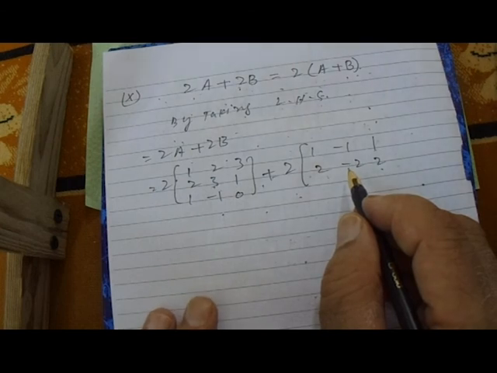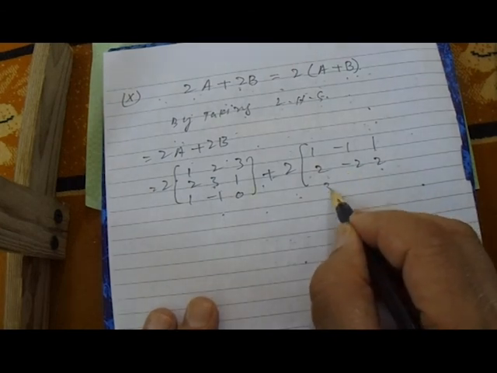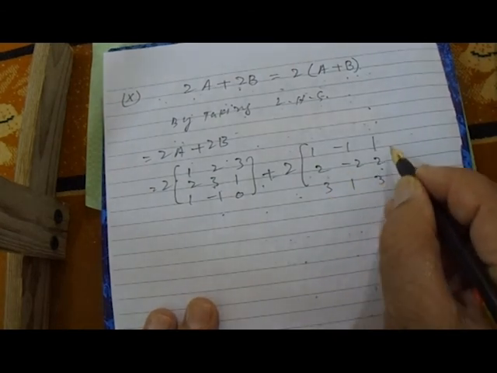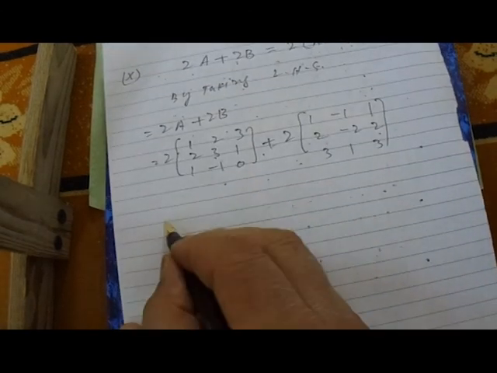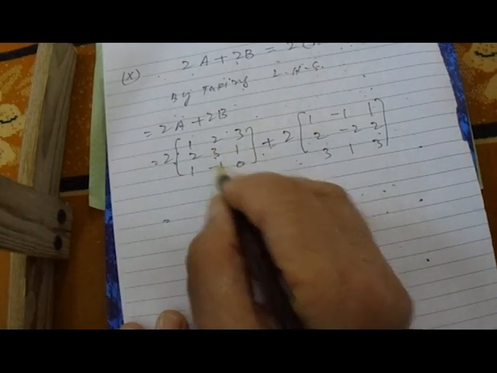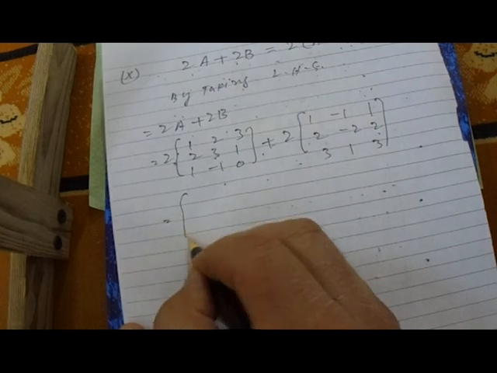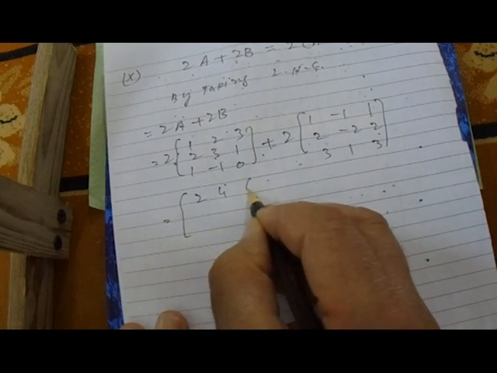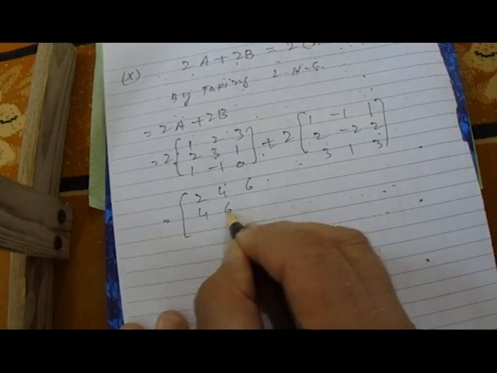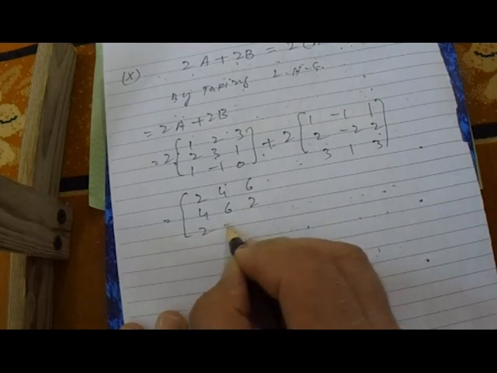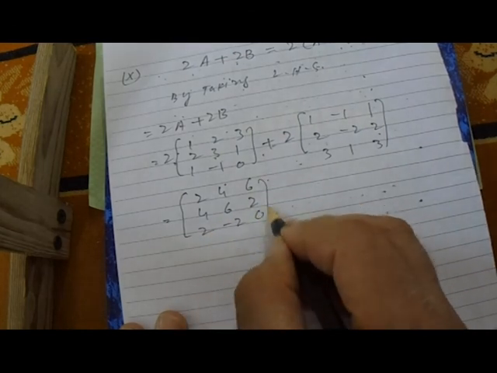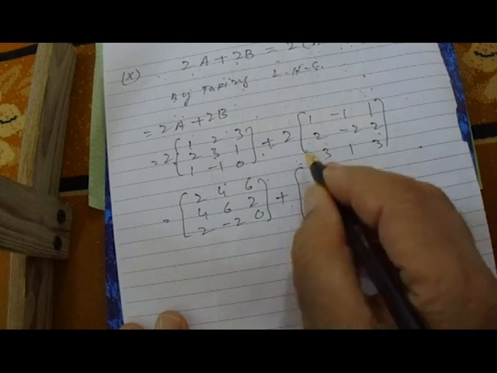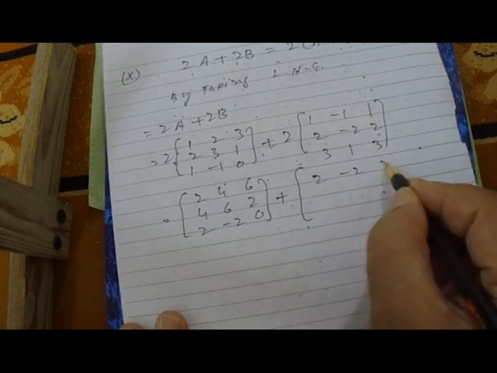This is our B matrix, and 3 1 3. Now we multiply 2 by every element of this matrix: 2 4 6, 4 6 2, 2 minus 2 0. Now plus 2 minus 2 2,